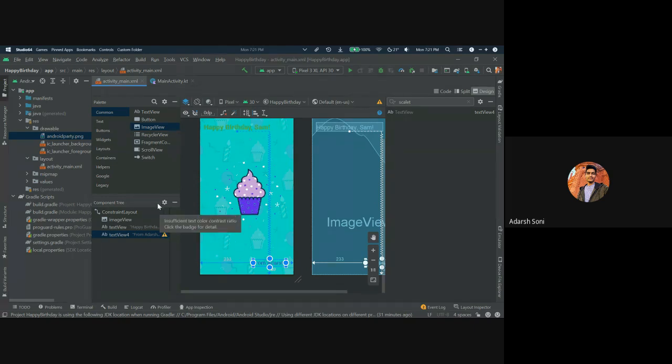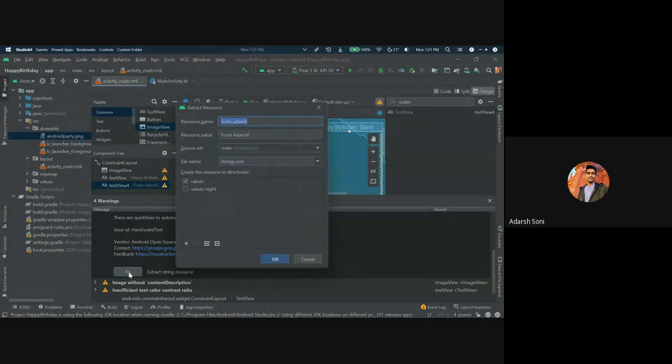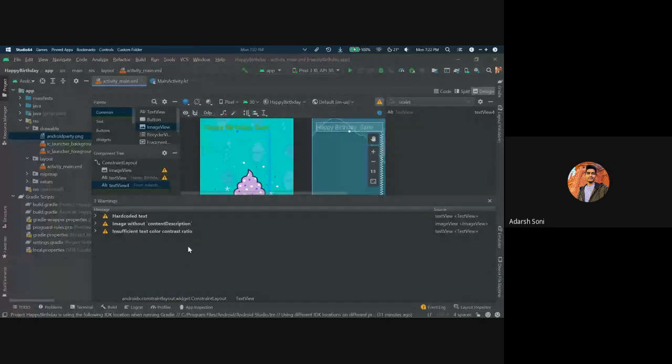Click on the orange triangle in the text view, and click on the fix button. In the extract resource dialog box, change the resource name. We will change it from the default to happy birthday text, and click OK. Now you can see the yellow warning has been removed.